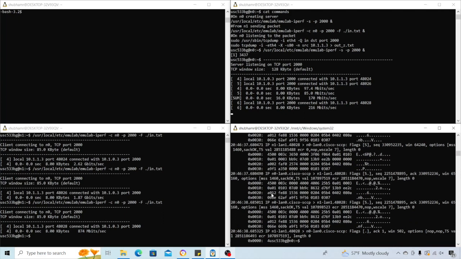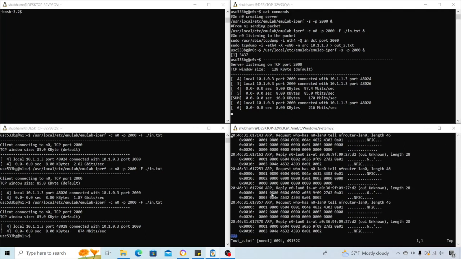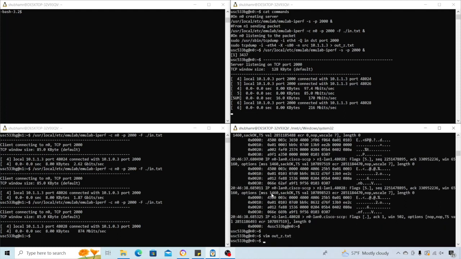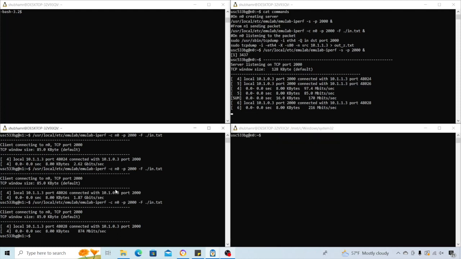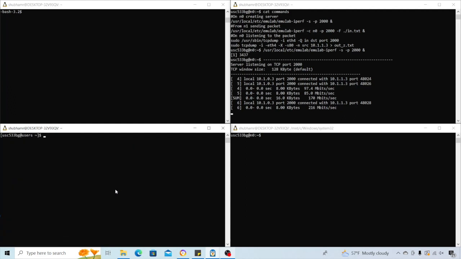This is cat. Okay, sorry, I have to open it in Vim. I open it in Vim, and I search for hello, and see, hello is received. So basically we received the packet. I was able to send the hello packet from N1, and in N0 I was able to hear using tcpdump. So this shows the communication from N1 to N0 is proper, and I am able to receive the hello